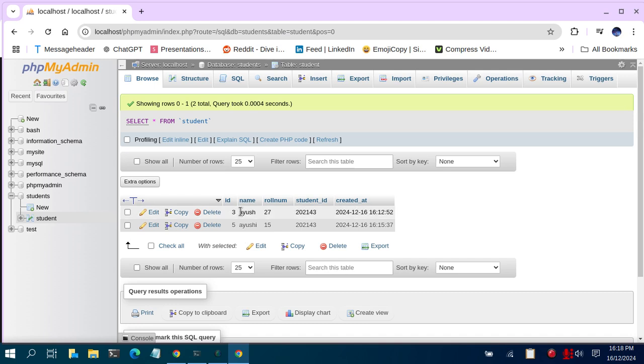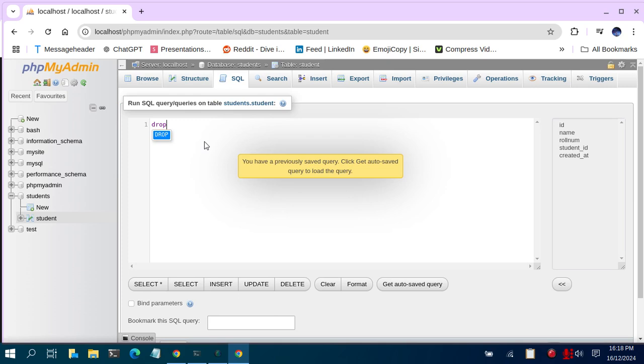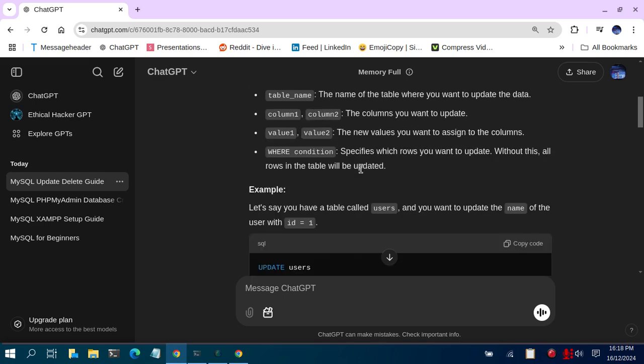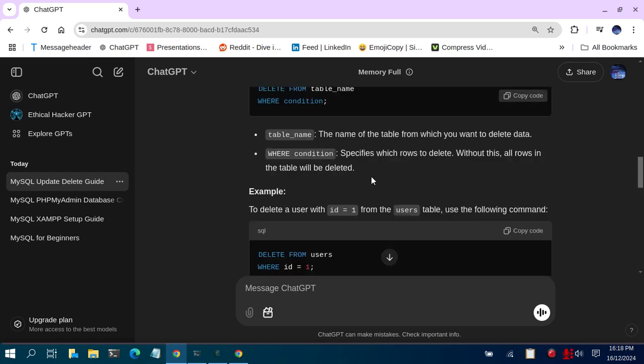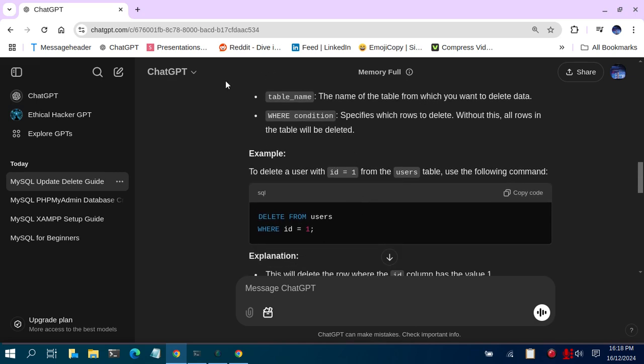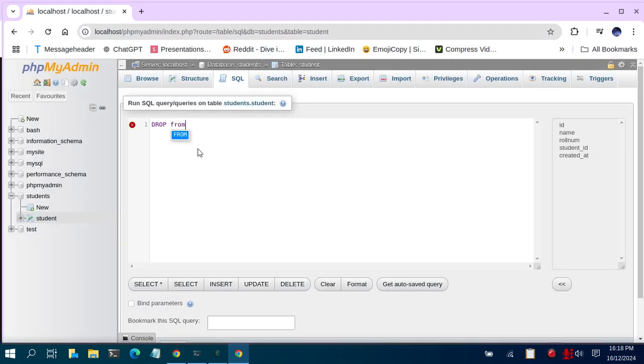Suppose we want to drop row number 3. Drop from student. I want to drop from the student table where ID equals